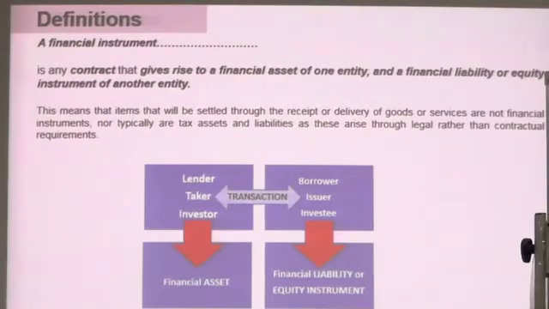Then this is the basic structure and the definition of a financial instrument. This is very important. The number 1 point is that a financial instrument is a contract. If you have the standard book, please take IAS 32. IAS 32 gives you the definitions of financial instrument, assets and liabilities, and the classification between equity instruments and liabilities. IAS 32 clearly defines what a financial instrument is. Financial instrument is a contract. Clear? It is a contract between two parties. One party will recognize a financial asset, the other party will recognize an equity instrument or liability instrument.